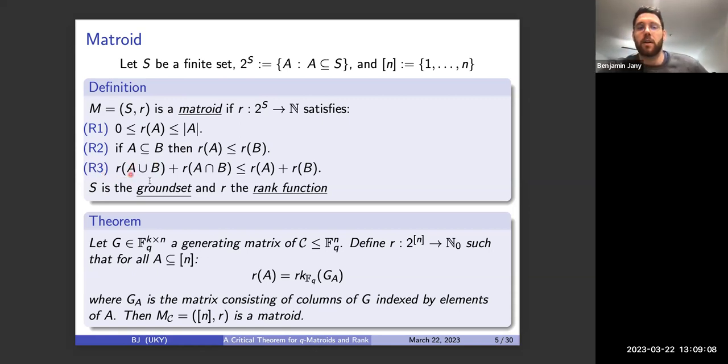the rank of the union of two sets plus the rank of their intersection must be less or equal to the sum of the ranks. Okay. So now that we have the definition of matroid, how do we induce one from a linear block code? So the key, or one easy way, is to consider a generating matrix for our code. Okay. So this matrix will be a k by n matrix, and we will define